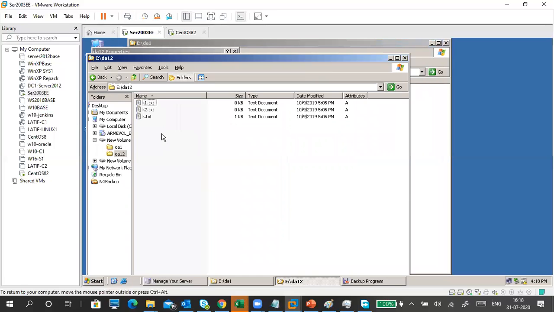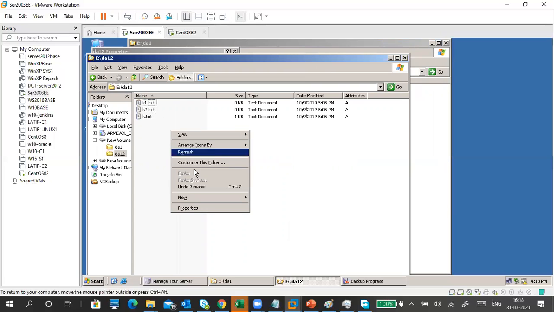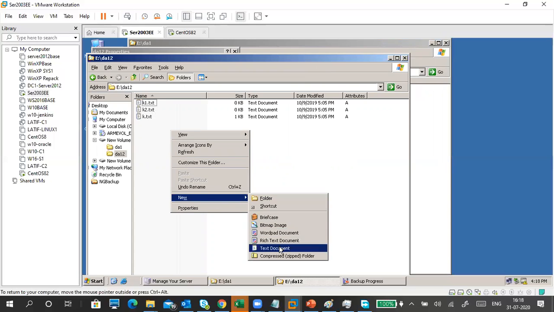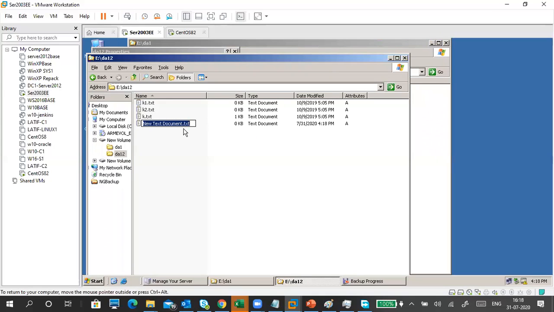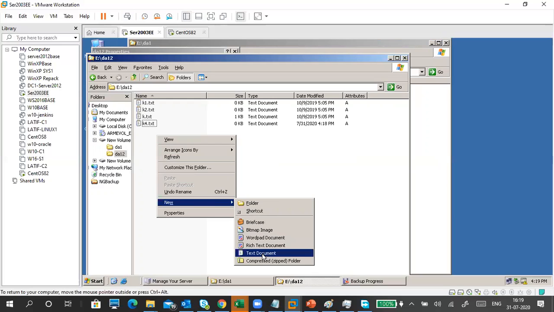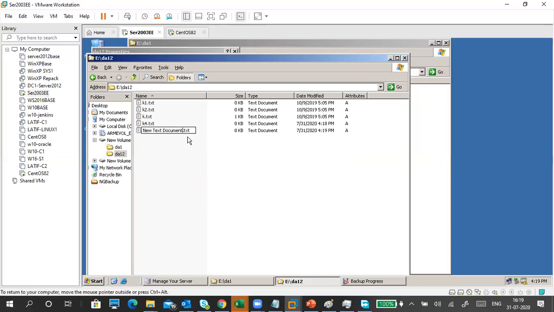Okay, if you create a new file here and you want to take a backup of that one, it will take the backup of that one only. So it's K1, K2. I'm going to create a new file. Meanwhile, let that backup go on. I'm going to create a K4 and another file like this, K5 something.